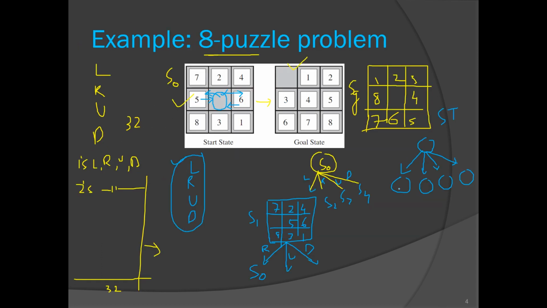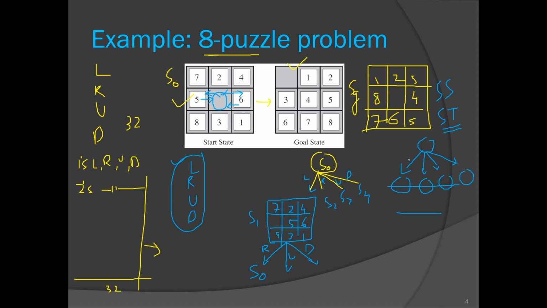Whether he is going by level, then it will be BFS. Whether he is going in the depth of one particular branch, that will be a DFS, and so on. So when such a tree is formed, that tree is known as a search tree. The collection of states in this search tree is known as state space. The collection of all the states formed in the search tree is known as state space.